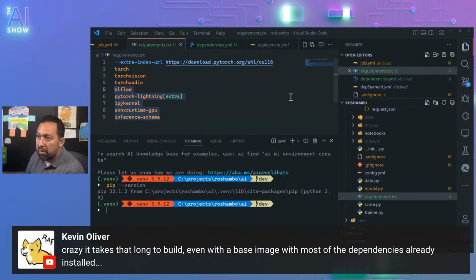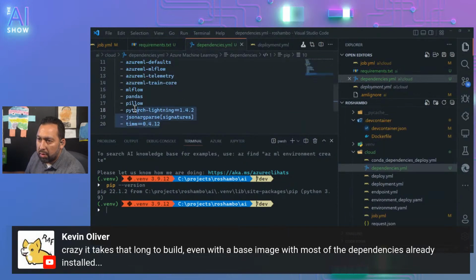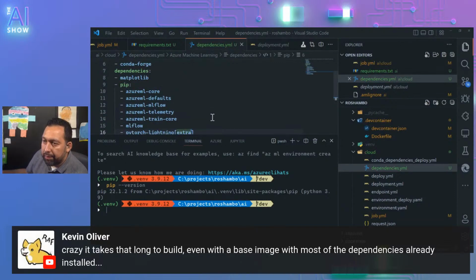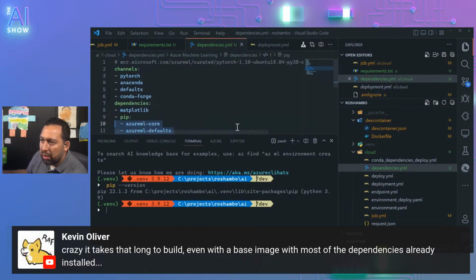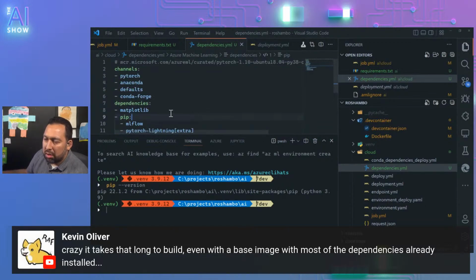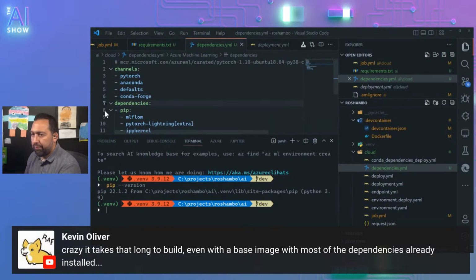These things should already be in there. If it's a PyTorch training image, it should all be in there. This should also be in there. Cool. Okay.